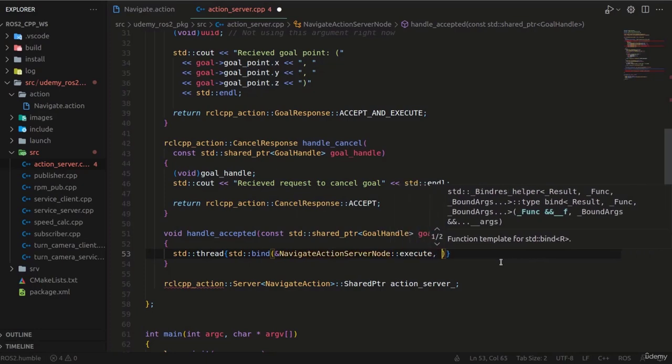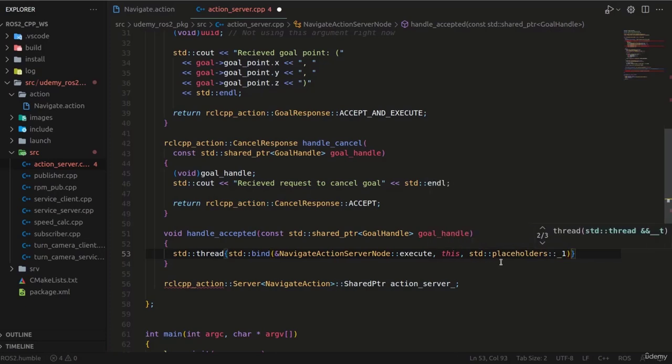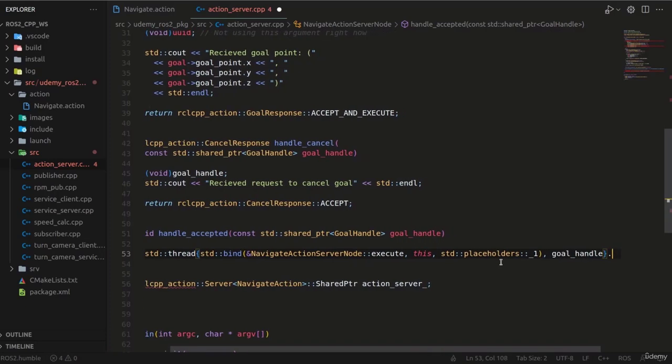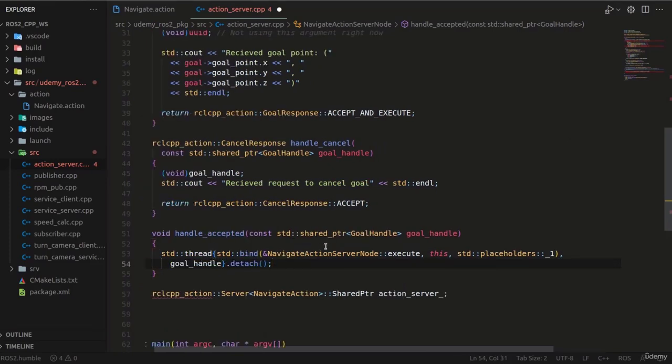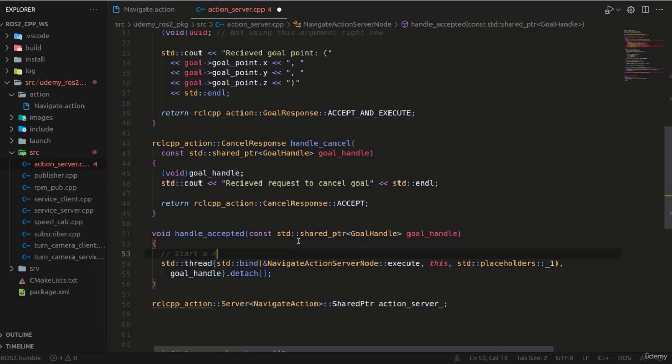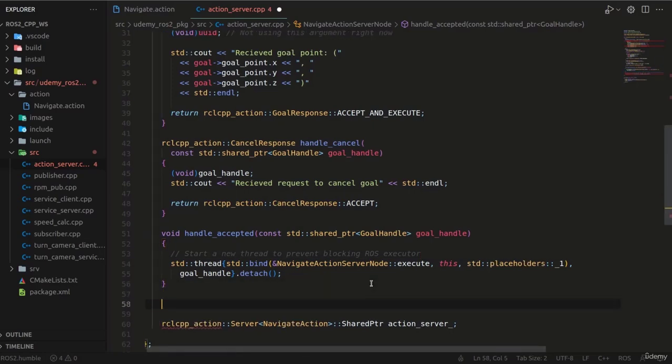So it'll be similar to this function in the sense that it takes one attribute, which is the goal handle. So we need to specify a placeholder when we call bind, and then later in the thread parameters we can pass in the actual goal handle. Lastly, we can go ahead and detach this thread from the current process. So I know it's a weird layout, but that's just because there are other ways which you can have organized your code, especially in a non-object oriented or distributed manner, in which you may not have to do as much binding and threading. For now, let's go ahead and create this new execute callback,